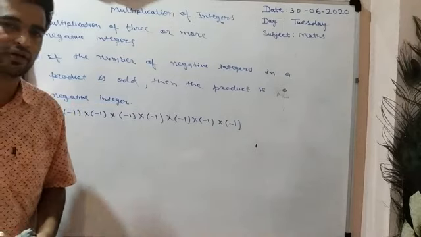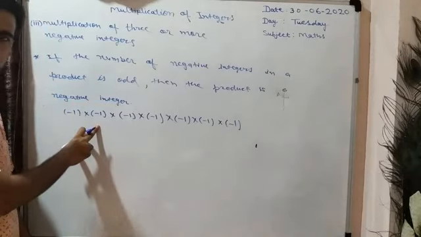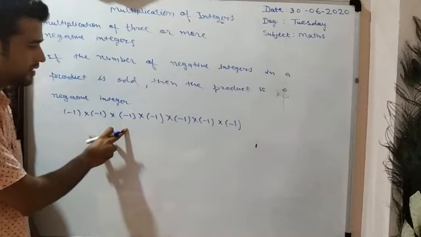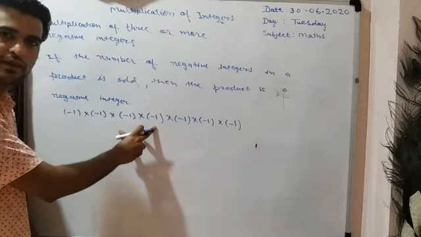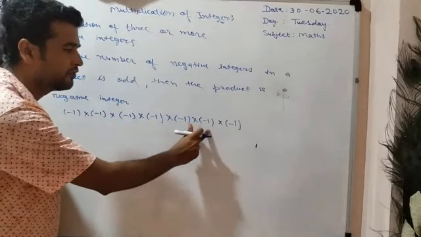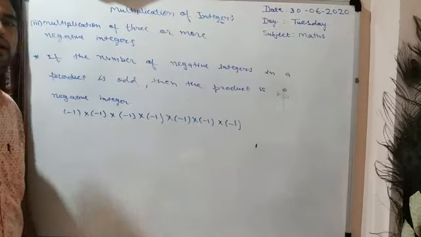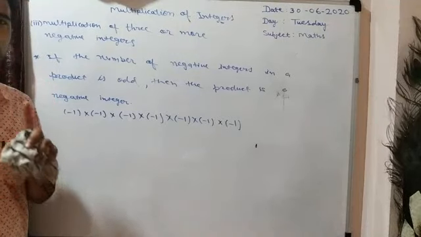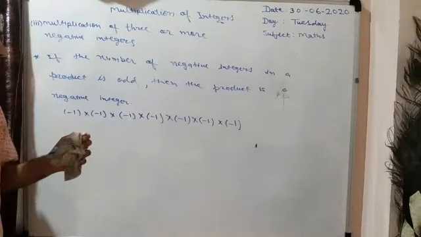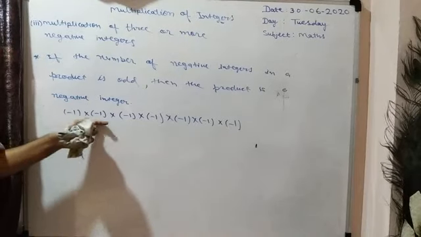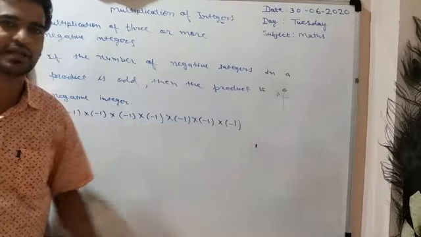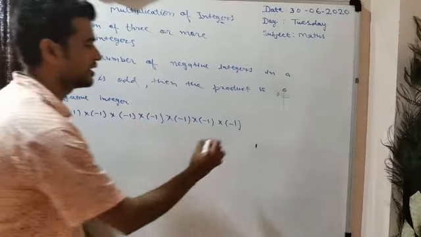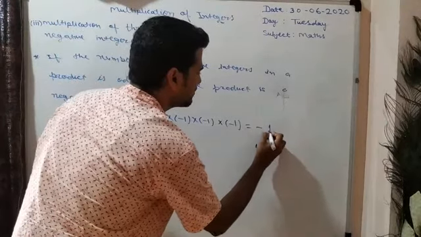1 into 1, 1, 1 into 1, 1. When the result of this multiplication is multiplied with this 1, again we will get 1. So always we will get 1. 1 into 1 is 1. The main thing is that the sign of the result should be negative. 1, 2, 3, 4, 5, 6 and 7. We have 7 negative integers, so the answer should be minus 1.